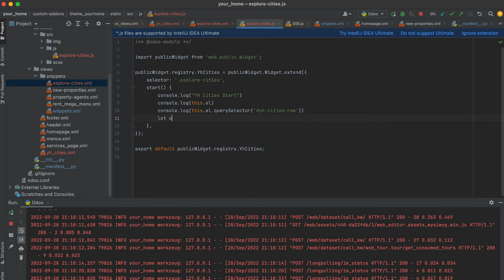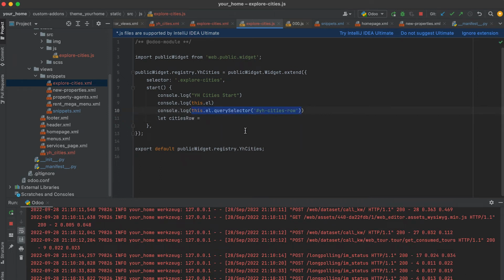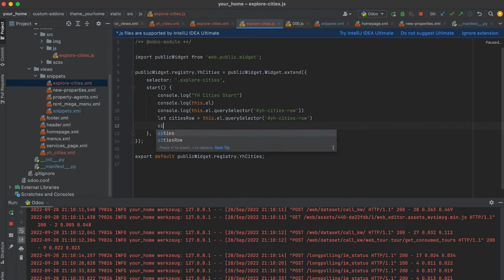Now, let's make cities row equal to this one, and then after that, cities row dot innerHTML is equal to,